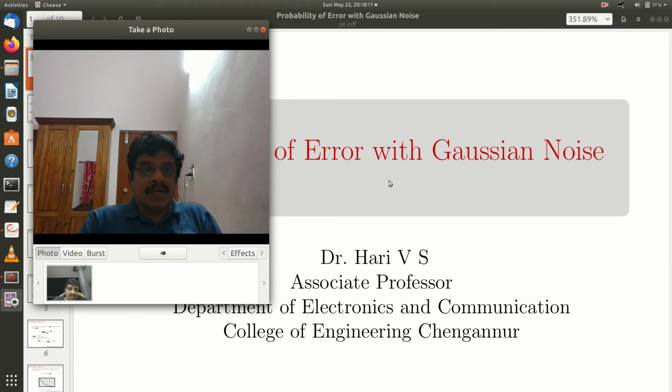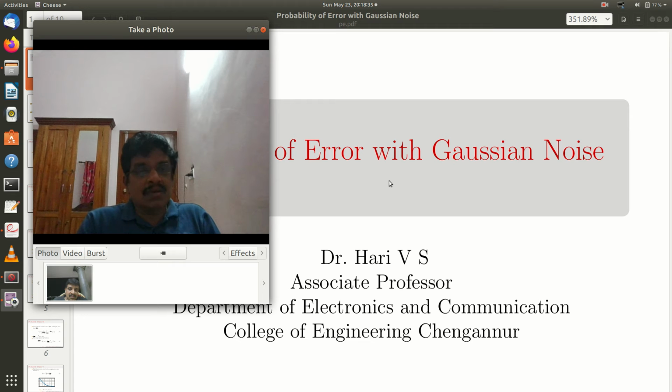In the last video, we have seen optimum detection and we derived the optimum threshold for maximum likelihood detection. There we briefly introduced the probability of error in binary transmission. In this video, we will make a more rigorous analysis of the probability of error. In all digital communication systems, the most important curve is the probability of error versus the signal to noise ratio,